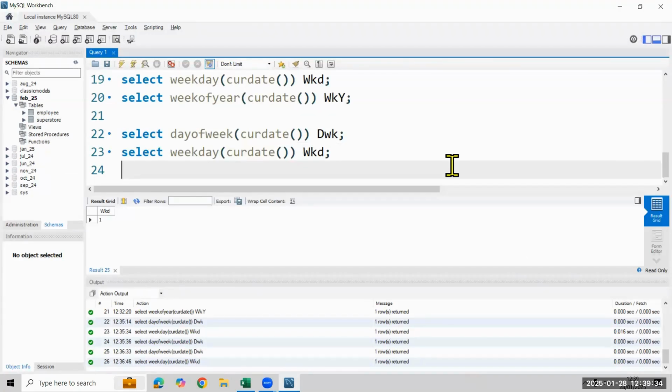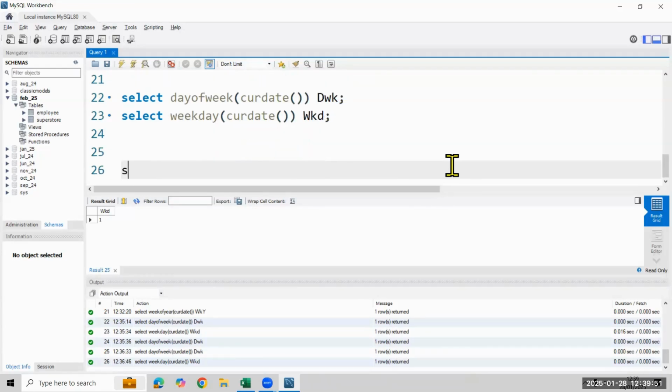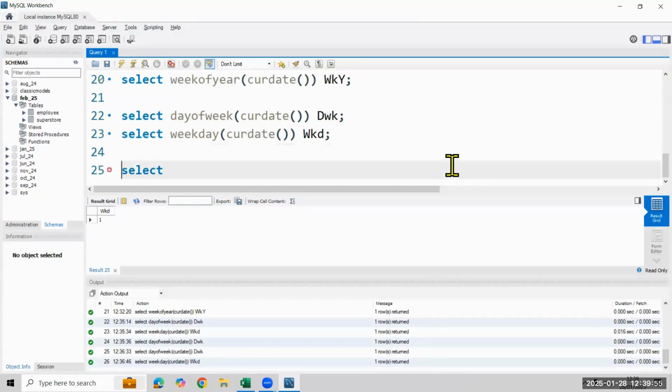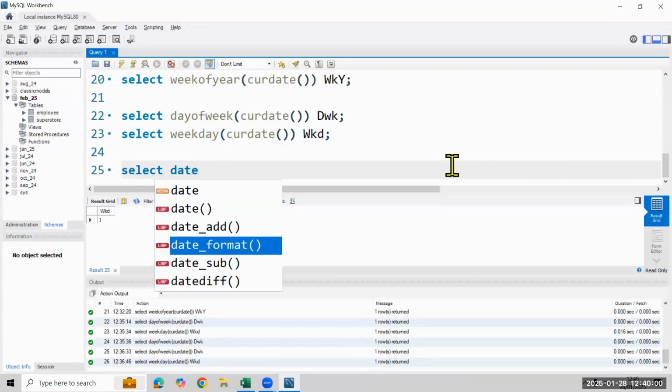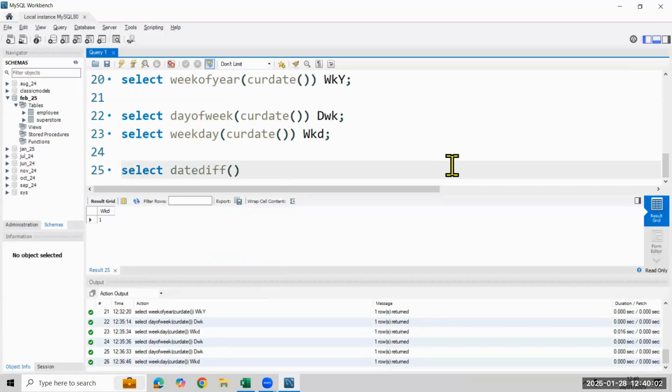Now next, you have here how to identify the number of days, in terms of date difference. From your birth date till now, how many days or how many years have you completed? So how do you identify that? We're going to use that option. So here we are using select, and the formula we are using is date diff. Then we're going to use current date,